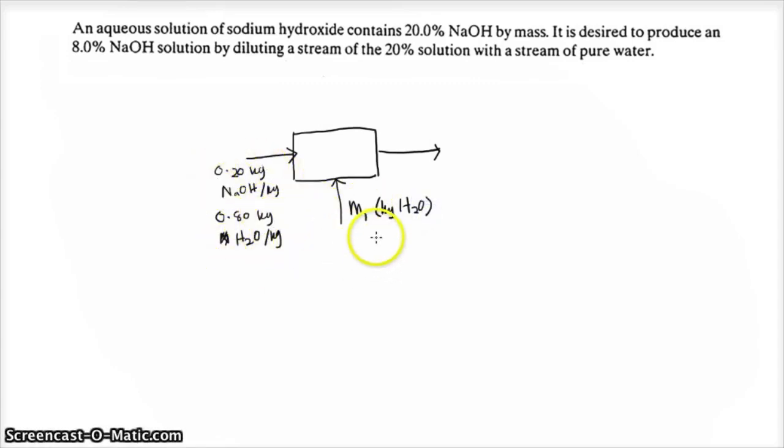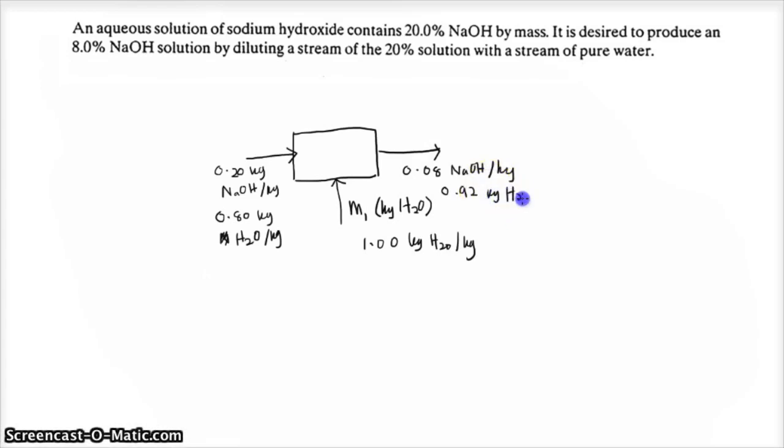Yeah, you can write it 1.00 kg H2O per kg, just to be safe. And then what comes out is 8% sodium hydroxide. So you can write here 0.08 kg NaOH per kg, and 92%, 0.92